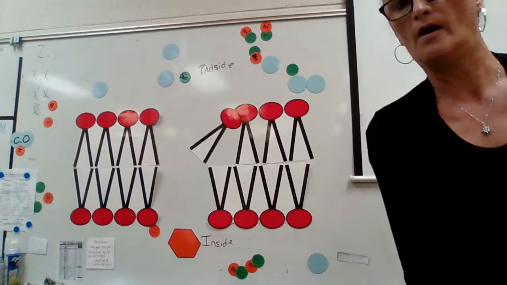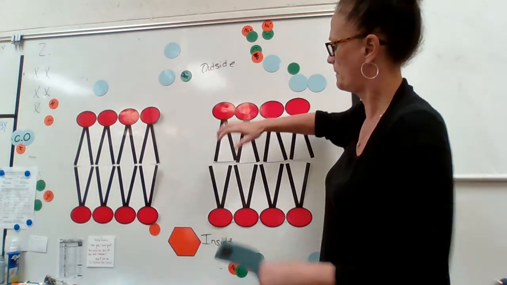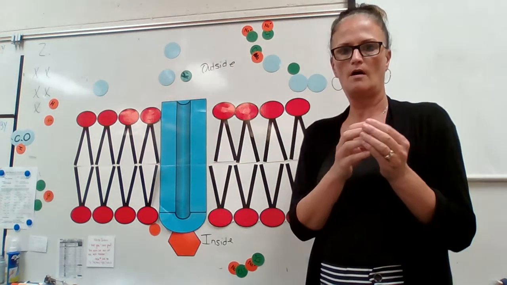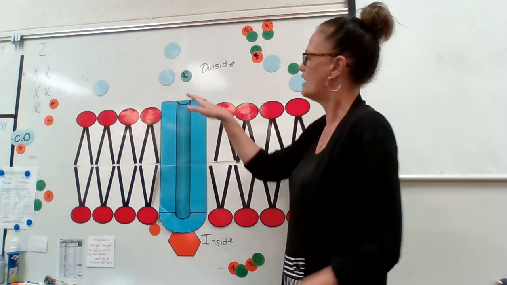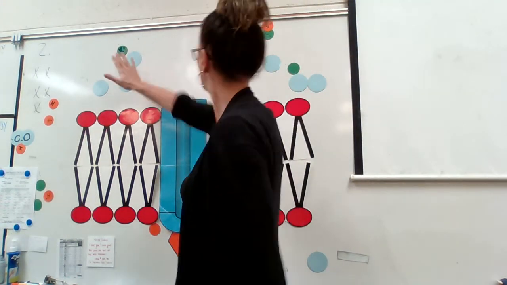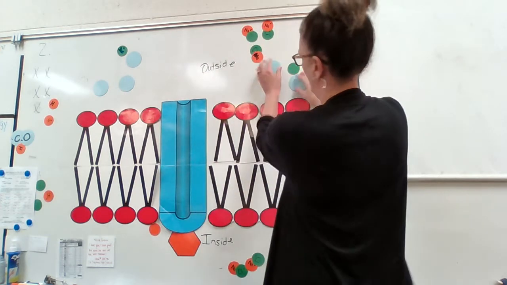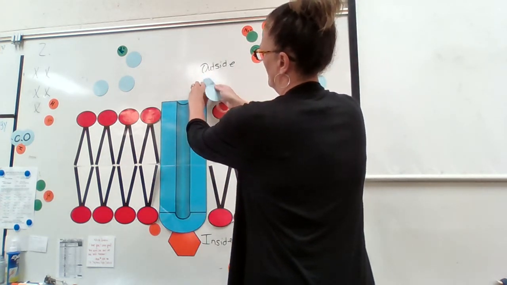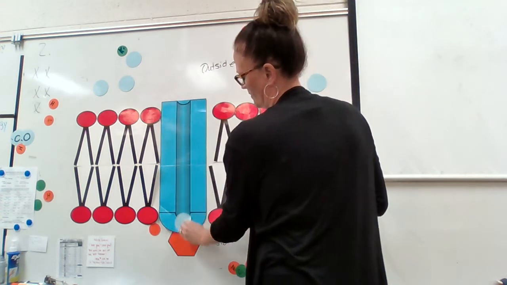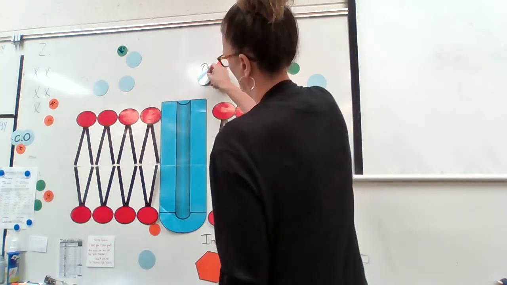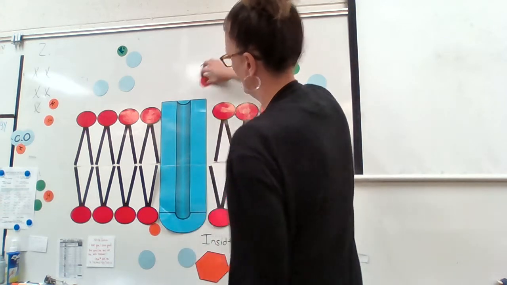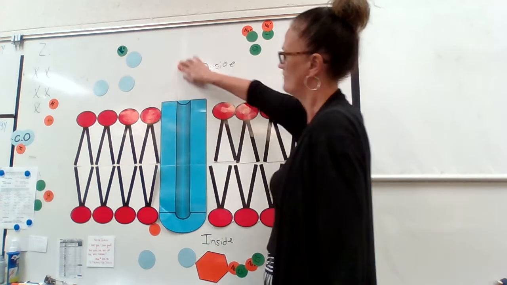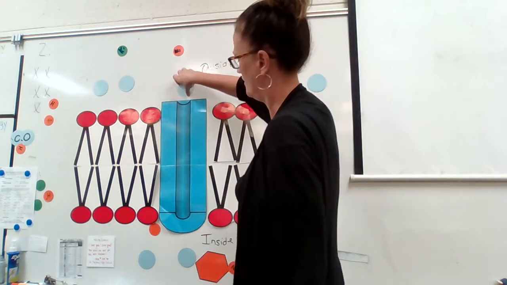Aquaporin is just that: aqua, water, pour, an opening. An aquaporin is specific to let water molecules through. It's a channel protein that just allows these water molecules to go on through. Nothing else can come through because proteins are specific, and these are specifically aquaporins that only allow water molecules to